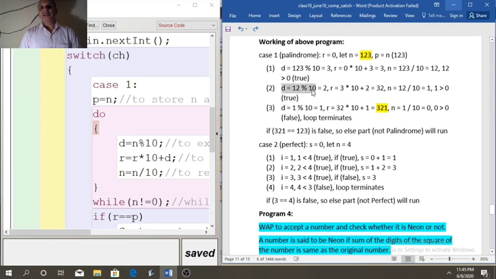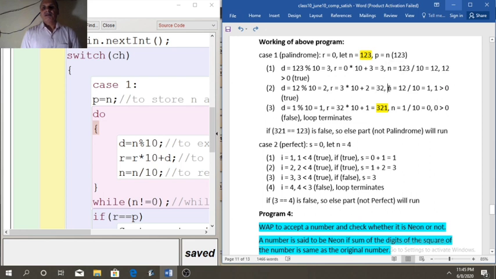Since modulus 10 extracts last digit of the number, so last digit of 12 is 2. Then r equal to r into 10 plus d. Previous value of r is 3. Here we have got r equal to 3. So 3 into 10 plus d. New value of d is 2. So 30 plus 2, that is 32.